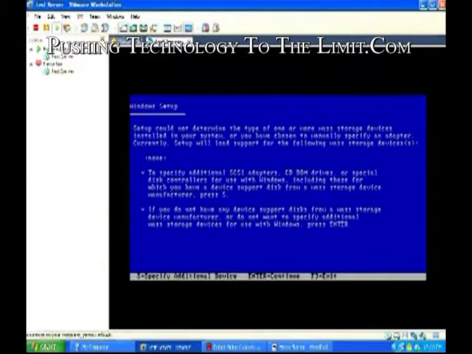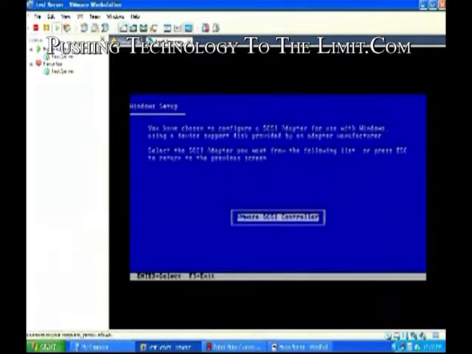Well, we have to get my keyboard back. We need to turn the floppy drive back on by right clicking and hit connect. I'm going to go in the window and hit S. Now it says you have chosen to configure a SCSI adapter for use with Windows using a device support disk provided by an adapter manufacturer. Select the SCSI adapter you want from the following list, or press escape to return to the previous screen. Hit enter,